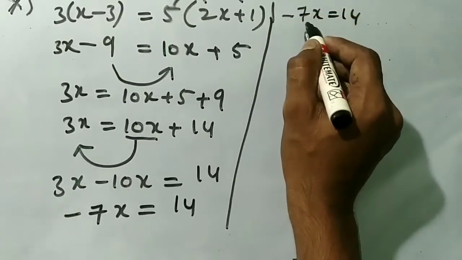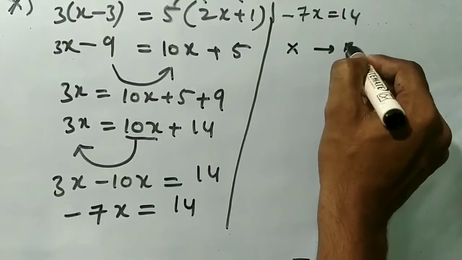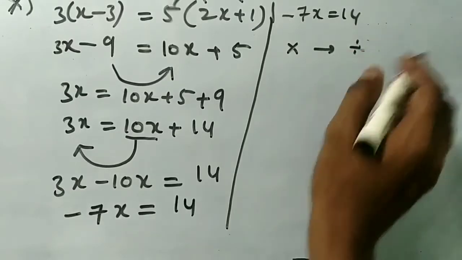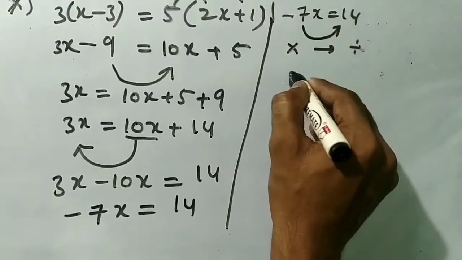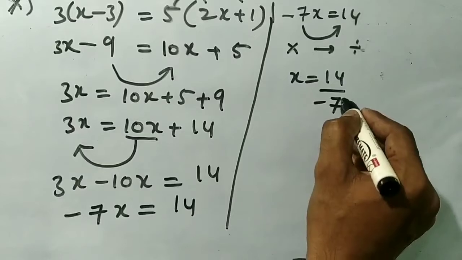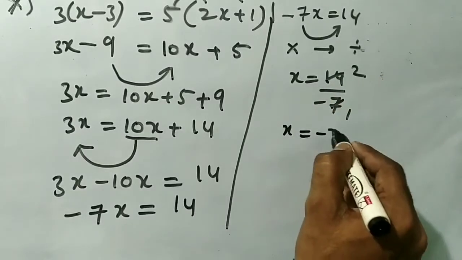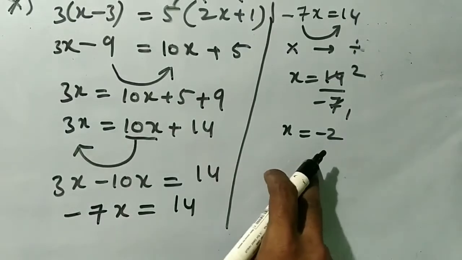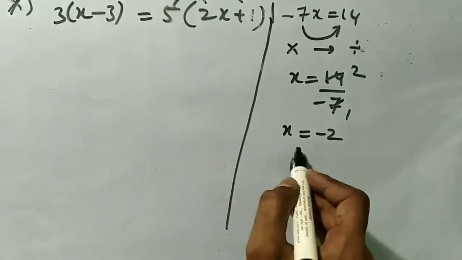Here minus 7 is multiplying with x. So when the multiplication goes to RHS, it becomes division. We have already studied this. So when minus 7 goes to RHS, x is equal to 14 by minus 7. So 7 twos are 14, and because here it is minus, x is equal to minus 2. We have to check whether minus 2 is the correct answer or not. So I will erase this totally. So we got x is equal to minus 2.